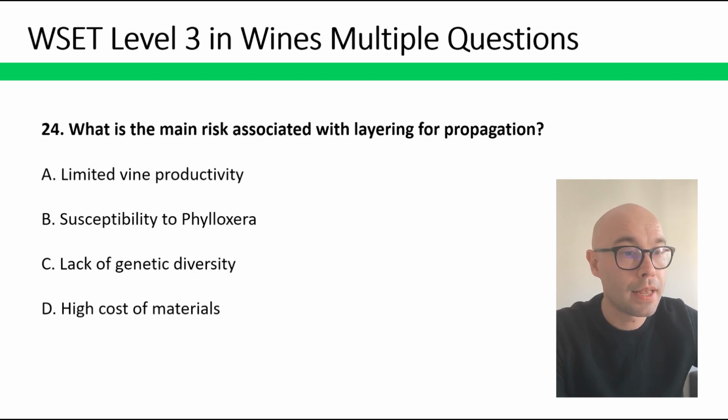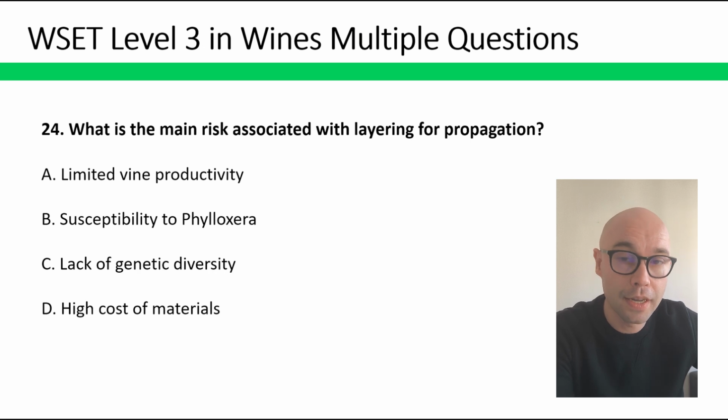What is the main risk associated with layering for propagation? Limited vine productivity, susceptibility to phylloxera, lack of genetic diversity, high cost of materials. The correct answer is B,